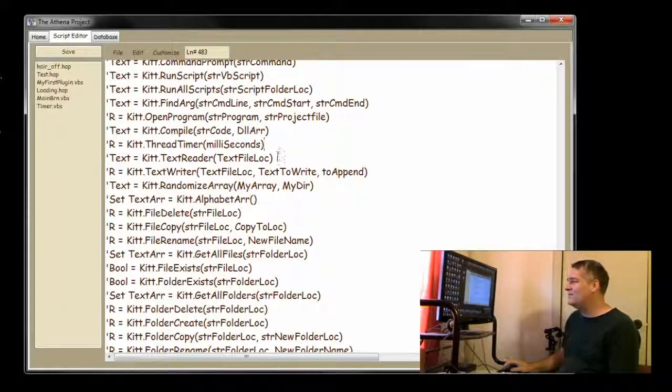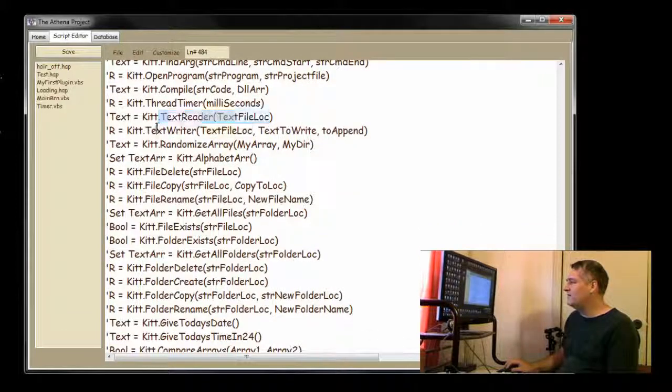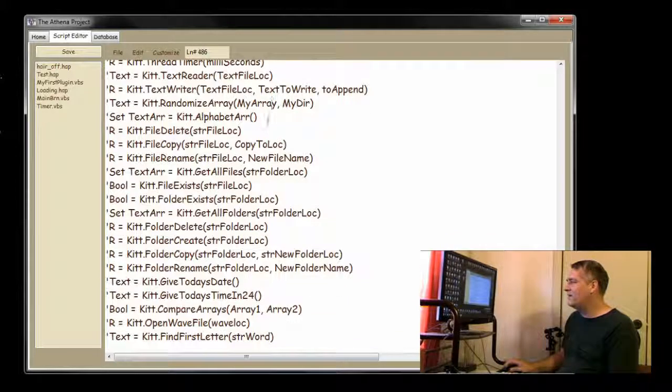A thread timer, so you can have the timer pause, things pause for a moment. Text reader, text writer, randomized array. You have an array of information and you just want a random